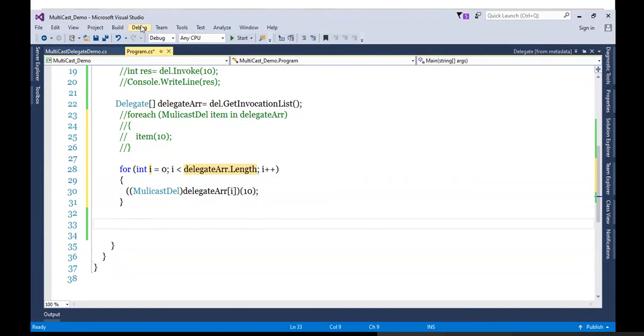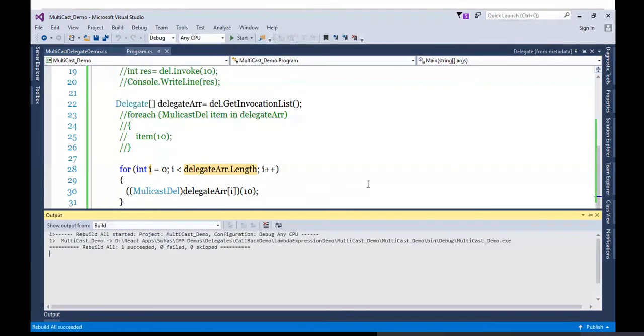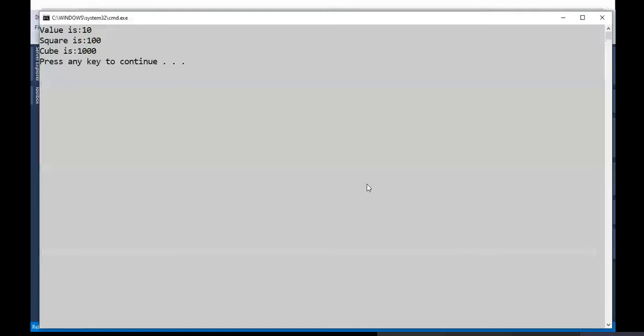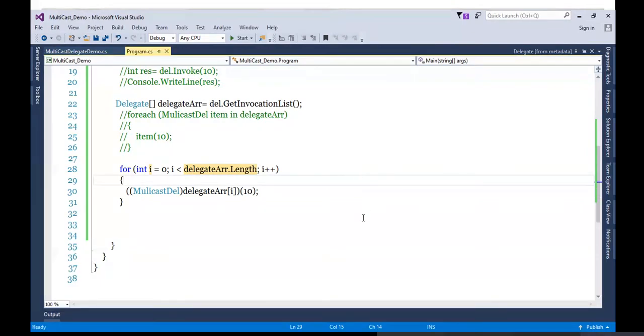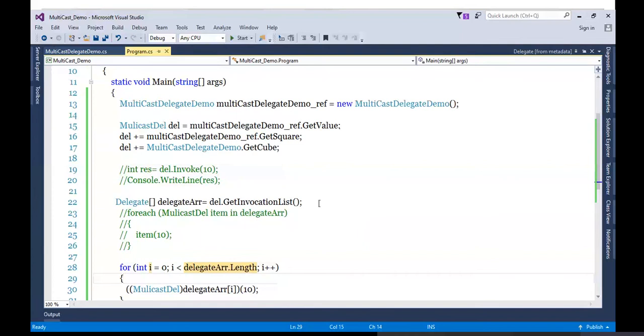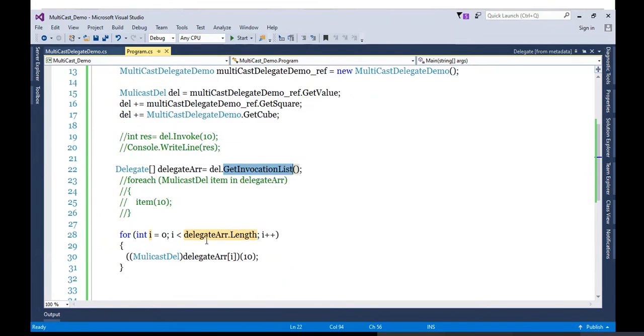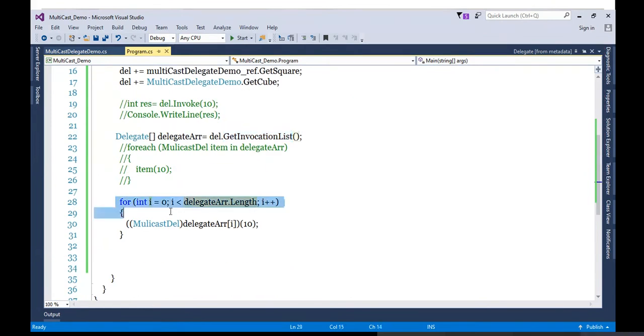Watch out. So if you build this and run it, you'll be getting the answer. Okay, so this is all about GetInvocationList. GetInvocationList is another way available to invoke the multiple methods pointed to by a single delegate reference.